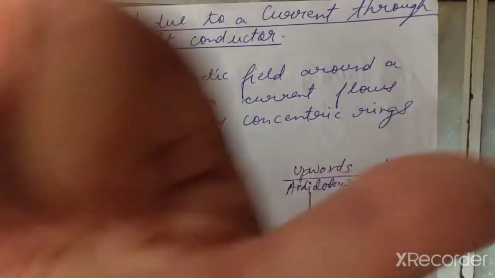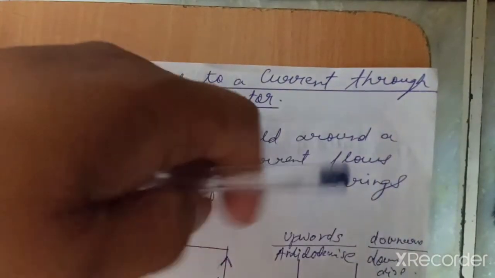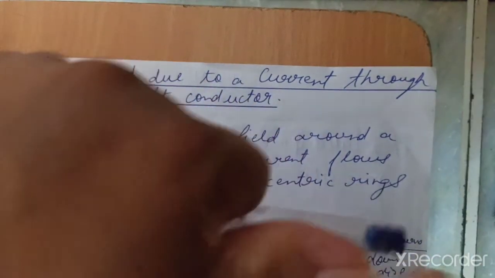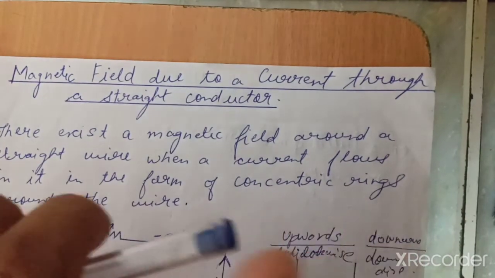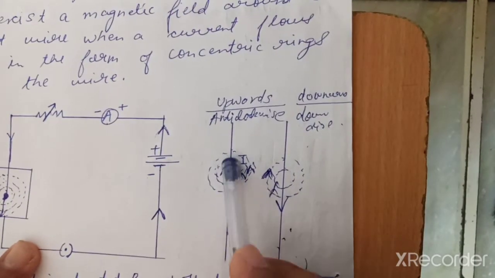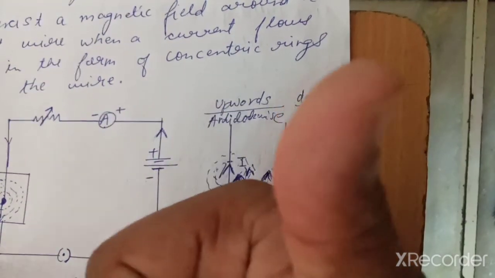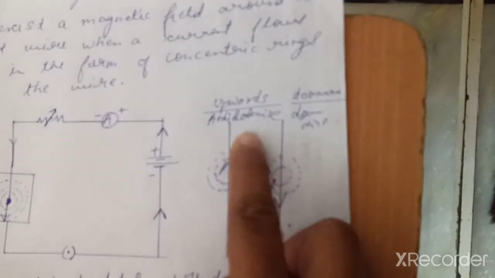And the thumb rule you have to apply here is Fleming's thumb rule. What is Fleming's thumb rule? When you are holding any conductor, the thumb will point in the direction of the current, and the curled fingers will show the direction of the magnetic field. For example, if you see here, this is the direction of current. When we are holding, this is the direction of current, and the curled fingers are moving inside, so the magnetic field is traveling inside.